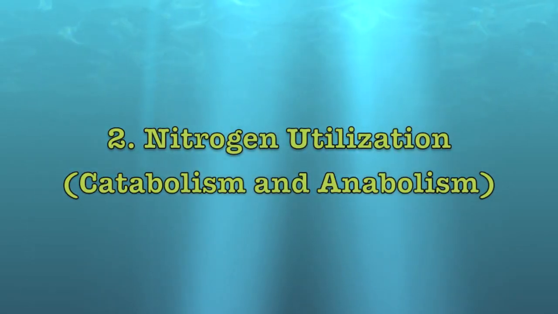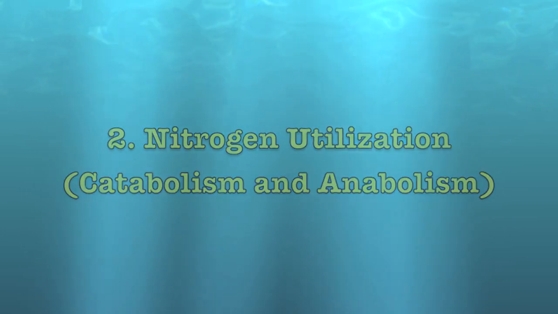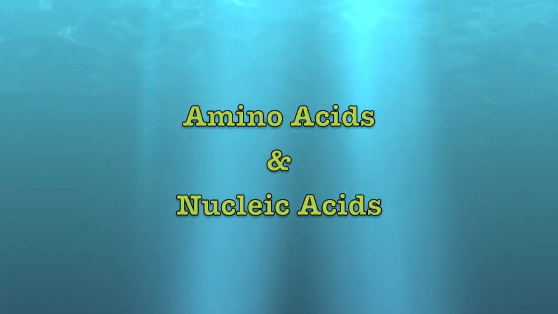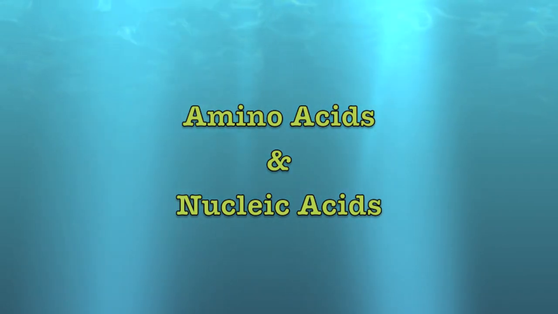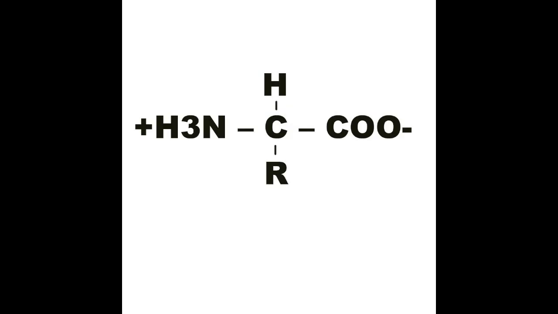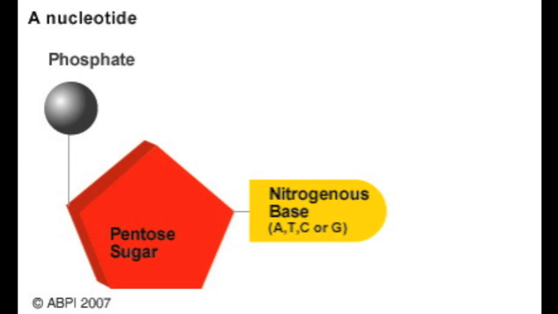So the next thing to think about is, how are they being used in a cell? The two most important places where we see nitrogen being really important in biochemistry are amino acids and nucleotides. Every single amino acid has to have at least one nitrogen for its peptide bond. Some amino acids have nitrogen groups in their side chains as well. Nucleotides, as you hopefully know, have a ribose sugar ring, which is attached to either a pyrimidine or a purine base, both of which have nitrogens all over the place. So it should make sense that when we're talking about nitrogen metabolism, we're going to be talking about a lot of amino acids and nucleotides.